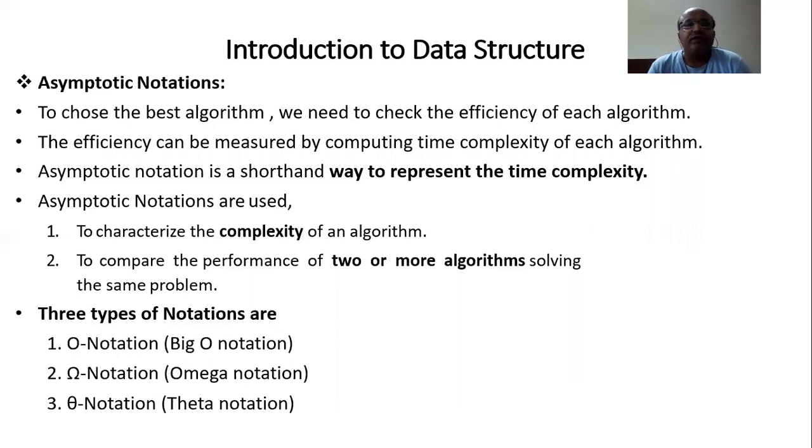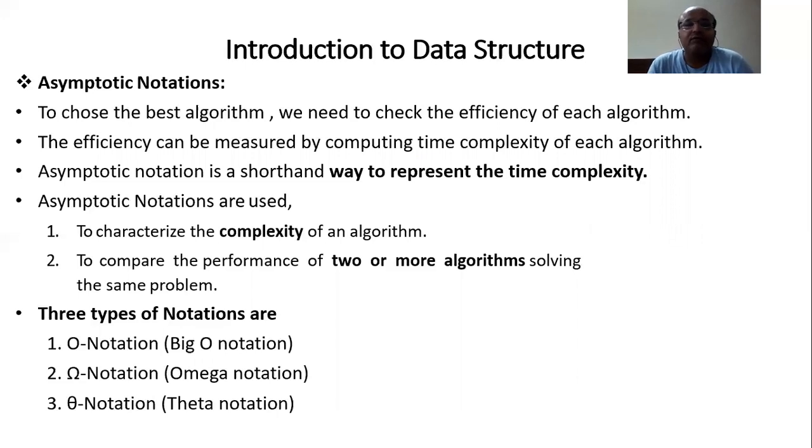We have taken many examples. To calculate the time, we have already discussed the frequency count concept. What exactly happens in frequency count? We calculate the amount of time taken by each statement, that is, how many times each statement is executing in an algorithm. We have discussed frequency count by taking many examples: the while loop, single for loop, and nested for loop. So based on that, now the question is what?